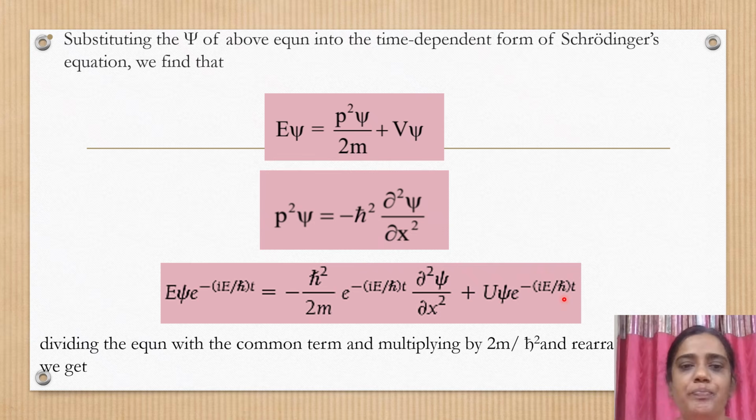Now we are going to divide the entire equation by the common term, multiply the equation by 2m by h cross squared, and rearrange the equation. What is the common term in all the terms? It is e power minus iE by h cross into t. Therefore, when we divide by the common term, multiply the equation by 2m by h cross squared and rearrange, we write the equation as